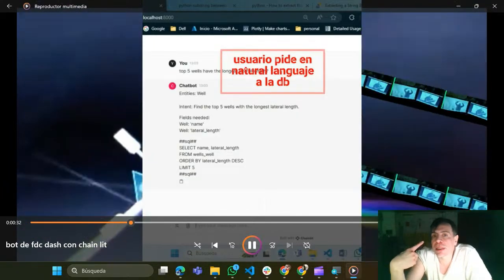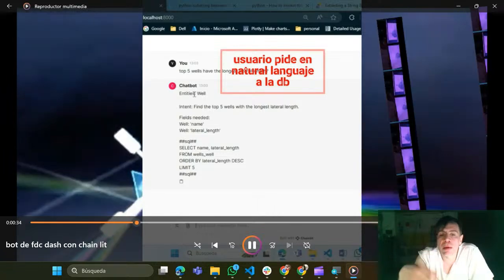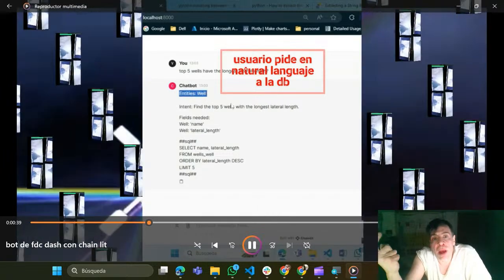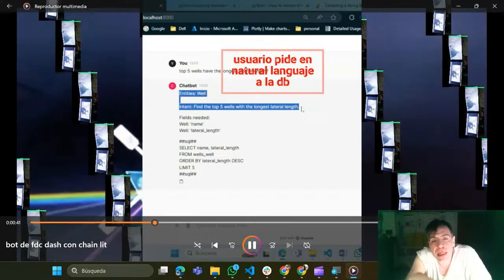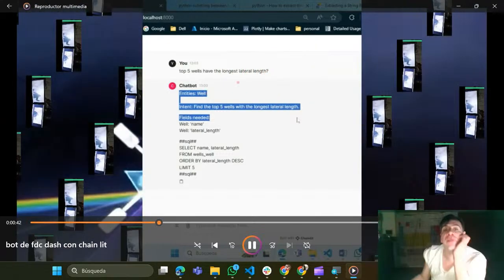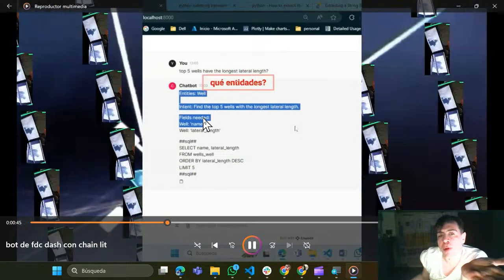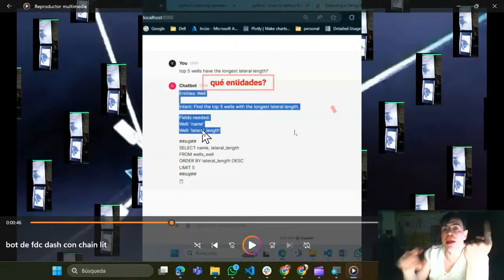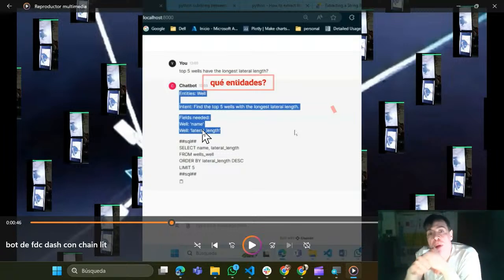The user gives the computer the natural language command, and then it gets the fields needed for satisfying the necessity of that natural language command prompt,